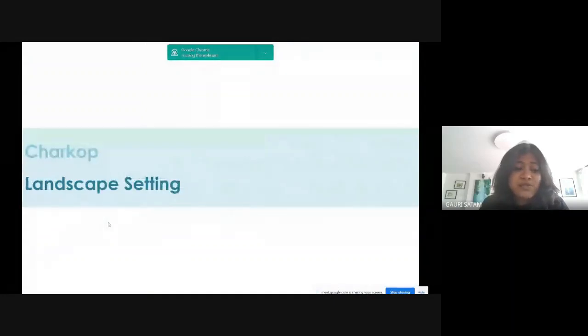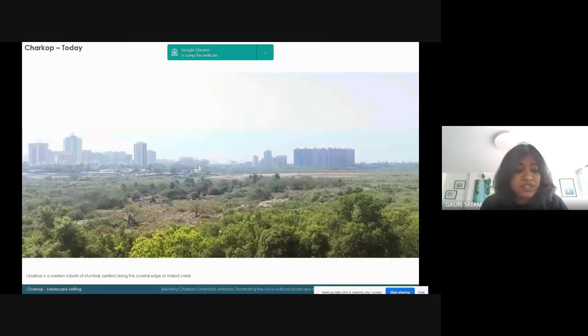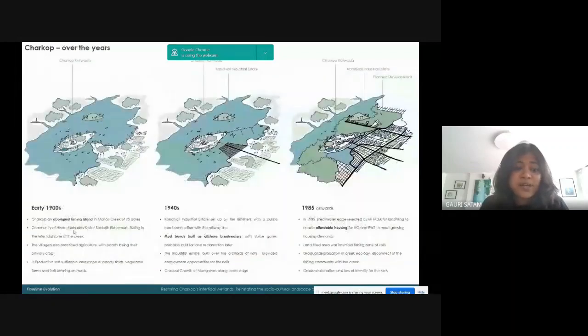Before getting to my thesis intent, I would like to give a background of Charkop. So, the landscape setting of Charkop. Charkop is a western suburb of Mumbai, nestled along the coastal edge of the Malad Creek. Starting with the history of Charkop, early in the 1900s, Charkop was an aboriginal fishing island, as small as just 75 acres in area. It was a community of Son Kolis who practiced fishing and paddy farming on this small